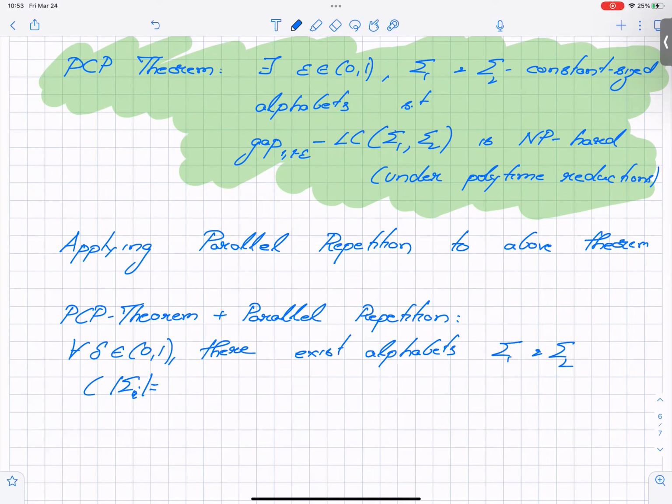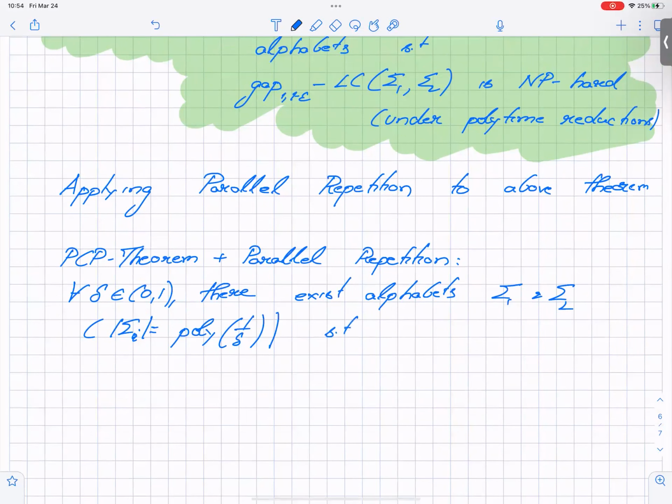We are applying k-fold parallel repetition, so k times this, but that is the log of the alphabet size. Therefore, the number of symbols will be poly 1 over delta, such that gap (1, delta) label cover with sigma 1, sigma 2 is NP hard